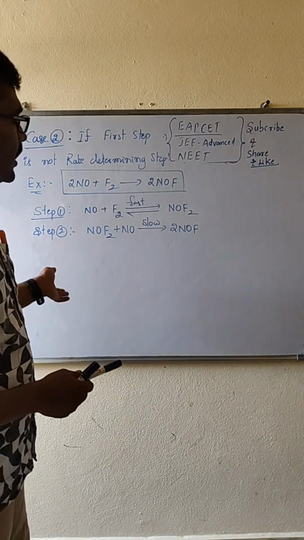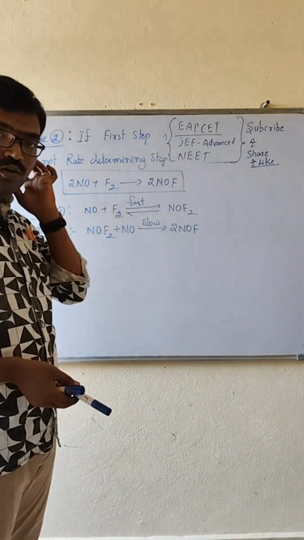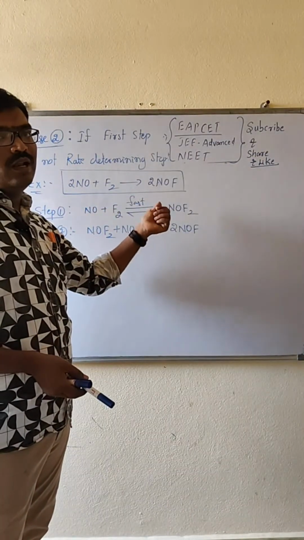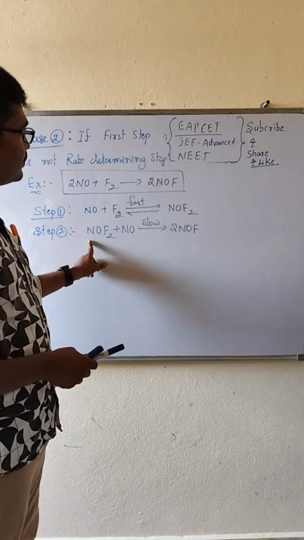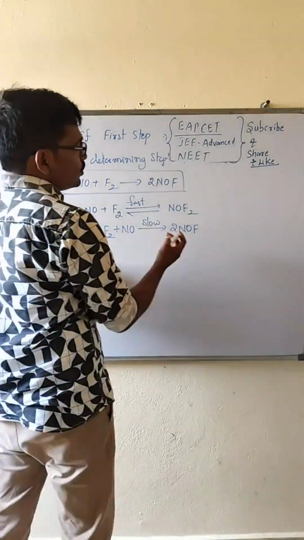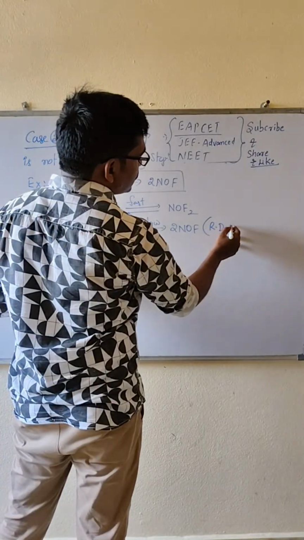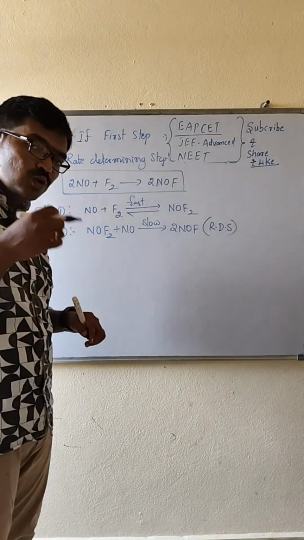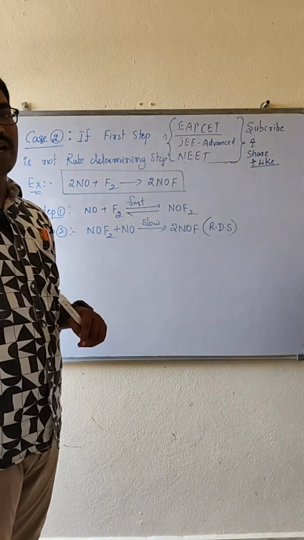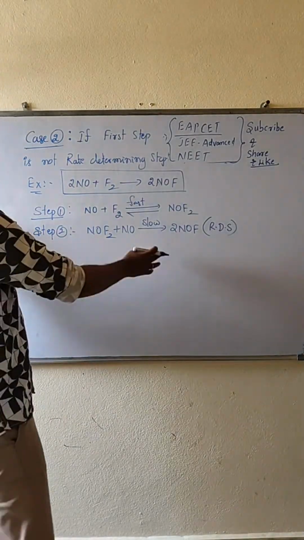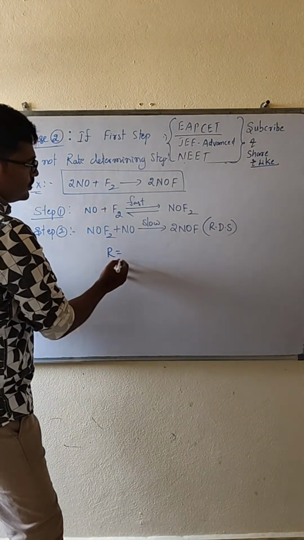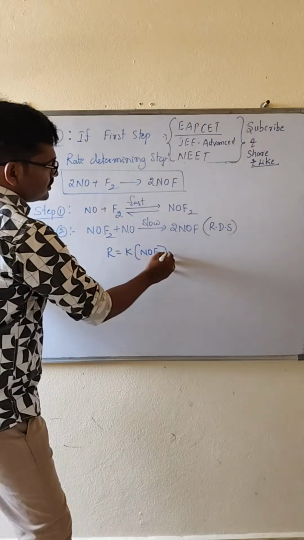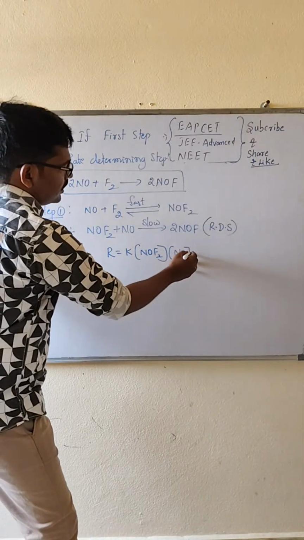But according to the first case, when the first step is the rate determining step, we took that step and expressed the rate law. Here the second step is the rate determining step. Whichever step is slow, we call that the rate determining step. Remember, the step in the mechanism which is slow is the rate determining step. Clear, my dear students? See, according to this, if you take R equals K into the concentration of NOF2 then the concentration of NO,